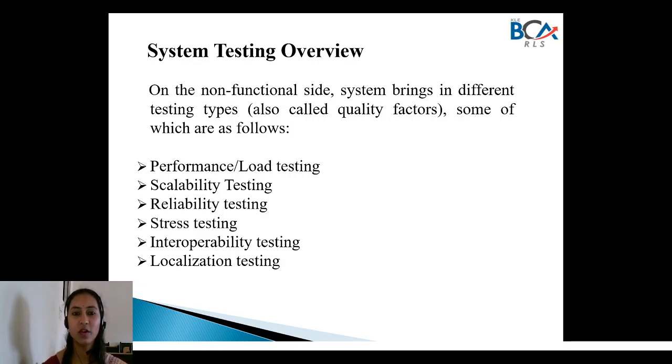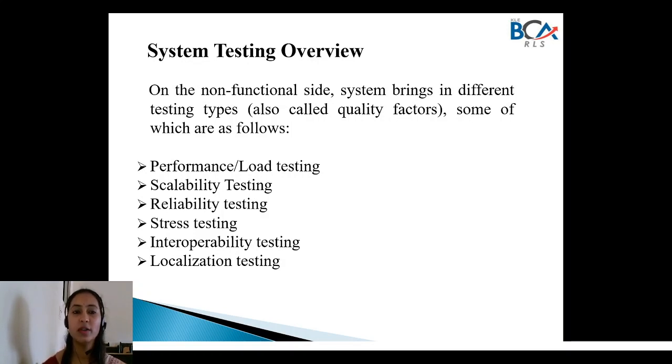So what is performance or load testing? Basically, it evaluates the time taken or response time of the system to perform its operation and required function, in comparison with different versions of the same product or a different competitive product. Basically, you consider the time taken to perform some action and its performance, how quickly your application responds whenever you click on it. Okay, so with this you understand what is performance or load testing.